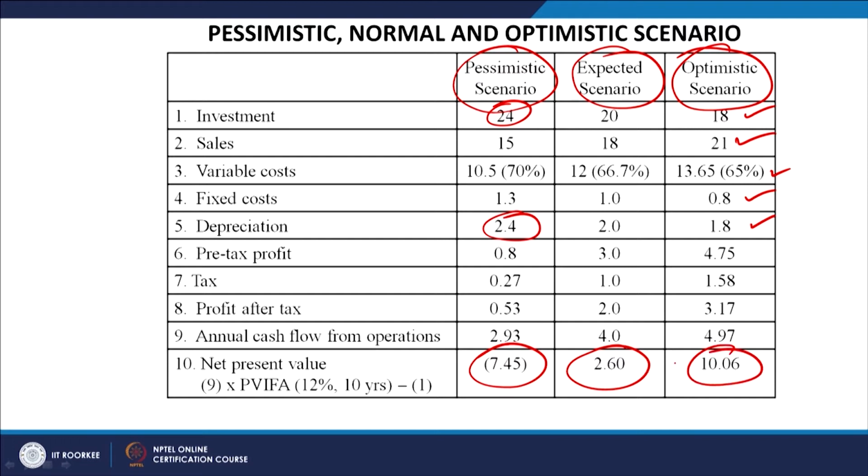So, your NPV is getting positively affected, and it is increasing from 2.60 million to 10.06 million, or you can call it 1 crore and 6 lakh rupees. So, a very significant growth in the NPV of the project. So, we can create these different kinds of scenarios. The only difference is that in the sensitivity analysis, we change only one variable at a time, keeping all other variables the same. For example, you will change investment, but sales will remain the same, variable cost will remain the same, fixed cost will remain the same, and then we will see the impact upon NPV.